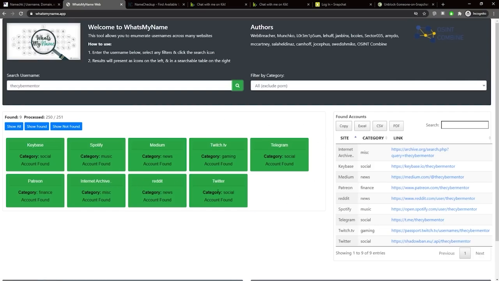So you can come through here. It also has the category link. You can dump this out to Excel or CSV or PDF. So this is really nice. And it just kind of tells you what you've got out here. Last one,